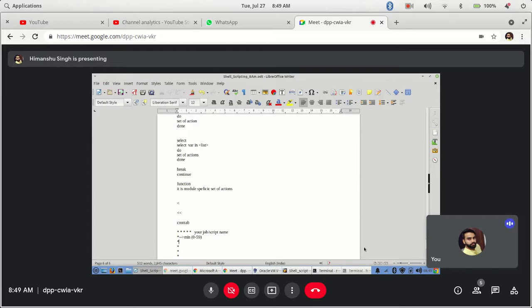Second is your hours. It will take the 24-hour clock, not the 12-hour clock. It will take again values from 0. So midnight 12 is the 0th hour, and the last hour would be 23, that is 11 p.m. So if you want 12 midnight, that will be 0 actually.